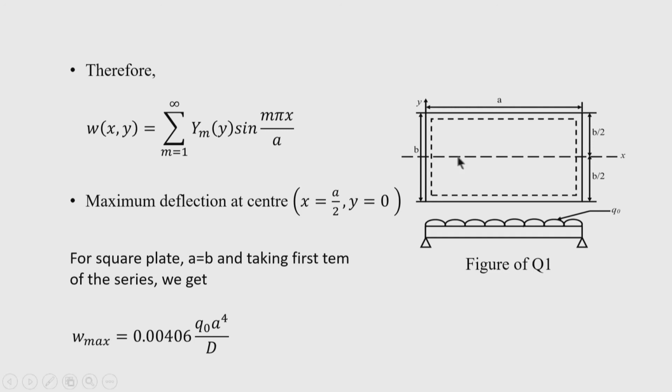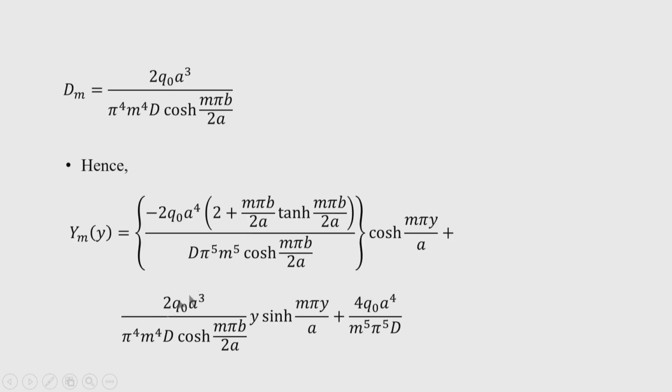Okay. Now, for example, the plate is a square plate, that is A is equal to B. Then after putting A equal to B in this expression of deflection, because now the quantities are completely known, and taking the summation with any number of terms. If we take the first term, you will get enough accurate result for the deflection. Of course, for bending moment you require more terms to get the convergence of the series. For shear, still more terms.